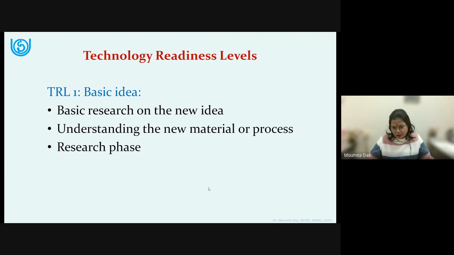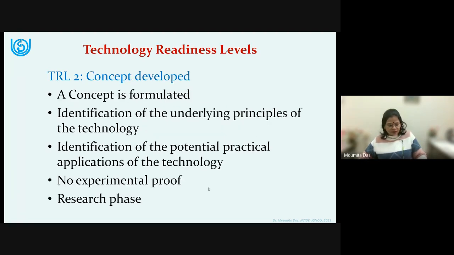Can it be manufactured on a higher level? And if manufactured, can it be supplied to you? Can you take it and develop it into fibers? Do you have that kind of facility with you, or do you need to outsource it to somebody else? All those things. And what does the finished product look like, and can it be packaged the way that you want it to be packaged? All those things you have to do in this stage. So essentially, this is a research phase.